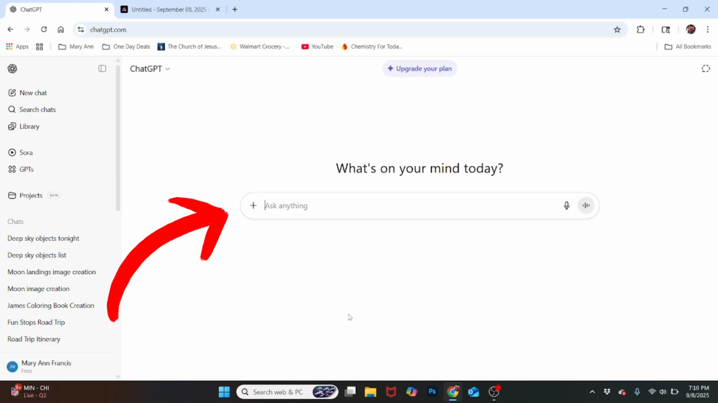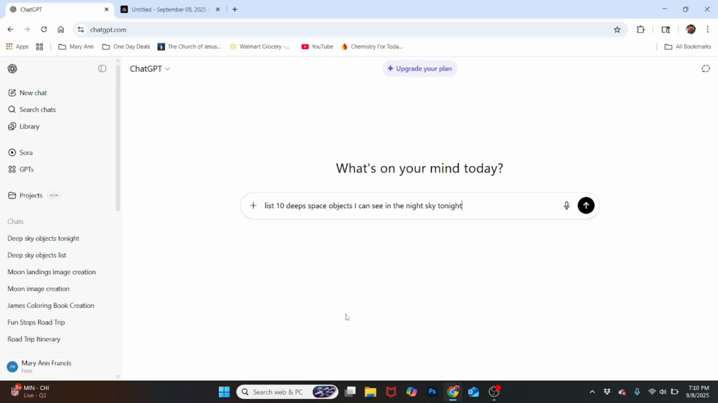So I think what I'm going to do is have it list 10 deep space objects I can see. Whoops, I guess I need to spell. It's pretty good at fixing typos, but we'll fix it here. So I can see in the night sky tonight from my area. And then I'm going to tell it to focus on northern sky or above, I think about 70 degrees in the southern